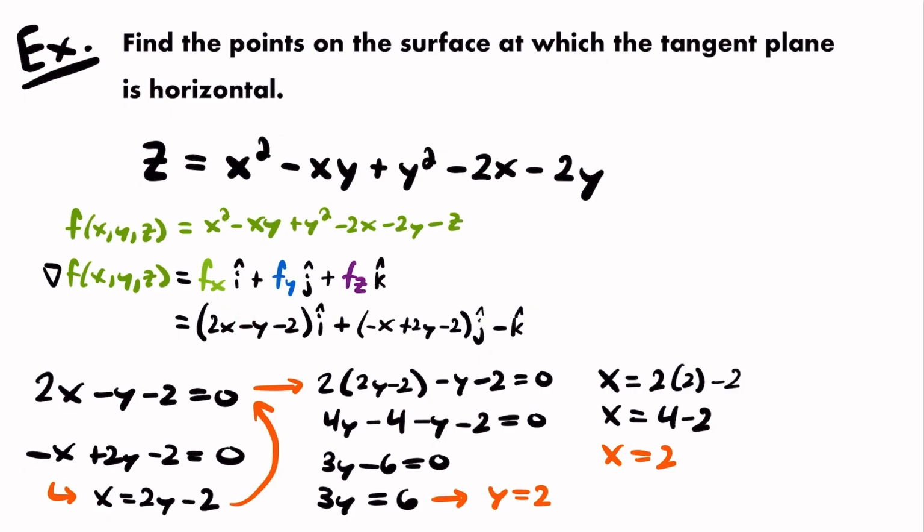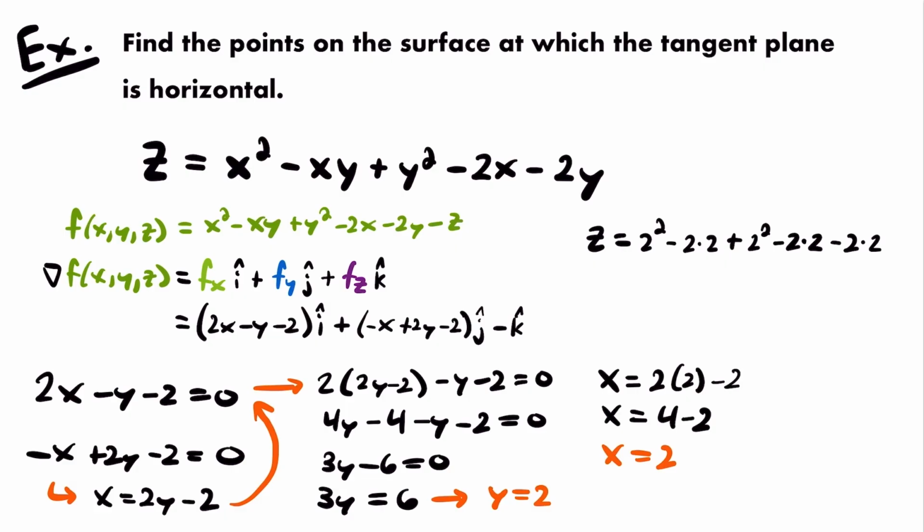And so we're almost done. We just have to figure out what the corresponding z coordinate is for the point where the x and y coordinates are 2 and 2. So let's plug in these values of x and y back into the original surface equation, and that will give us the value of z on that surface that corresponds to those coordinates of x and y. Okay, so we will get z is equal to x squared, so 2 squared, minus x times y, so 2 times 2, plus y squared, which is 2 squared, minus 2 times x, which is 2, minus 2 times y,